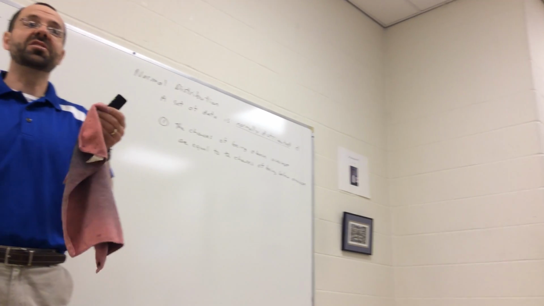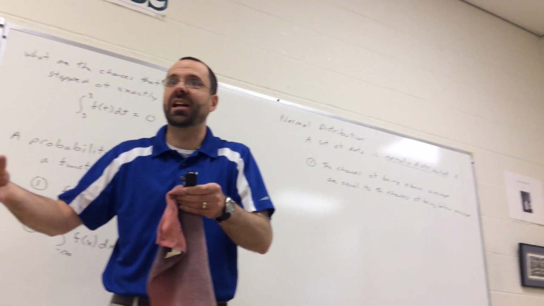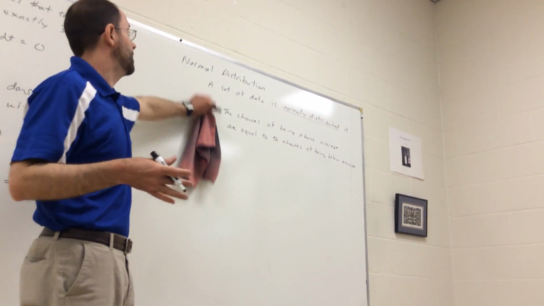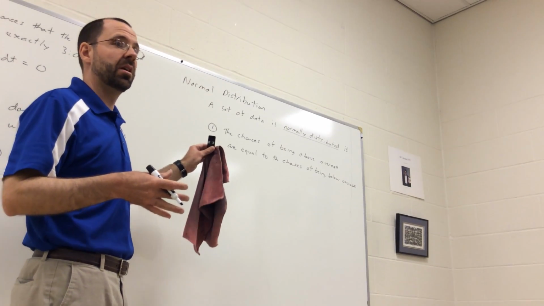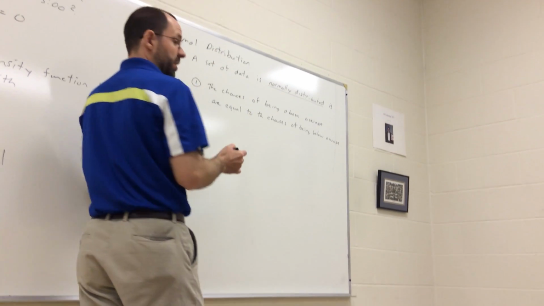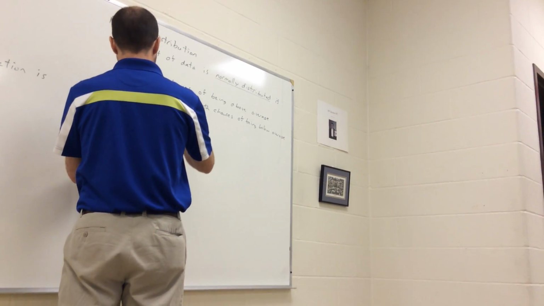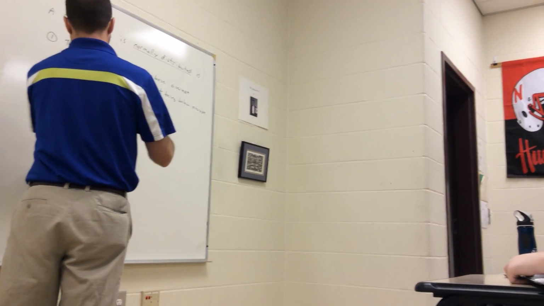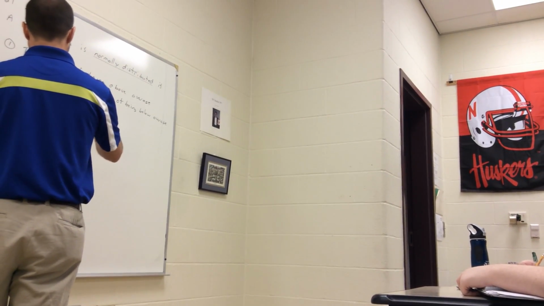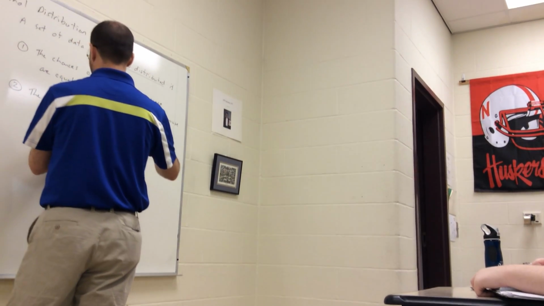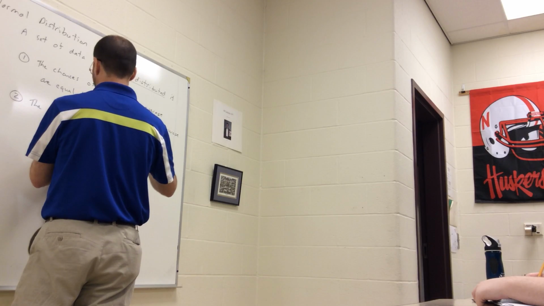But if it does happen that it's equally likely to be above average and below average, then this requirement is met, and maybe it's a normal distribution. But there's a second requirement for a normal distribution. The second requirement is that the chances are higher that you are close to average rather than far away from average.